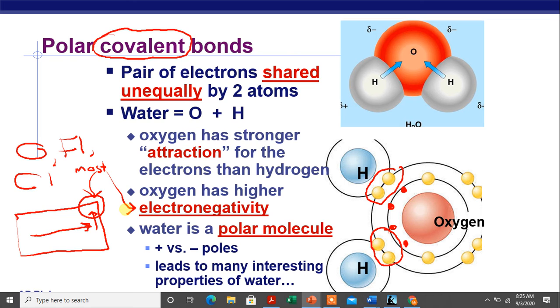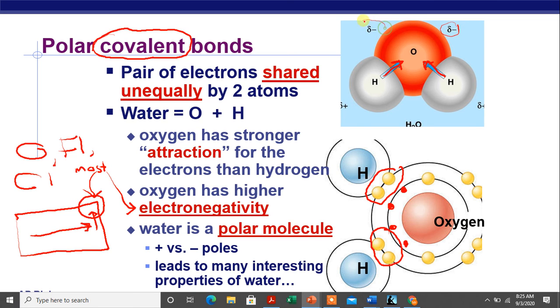All right. Water is what we call a polar molecule. What that means is that because oxygen is more electronegative than either of these hydrogens, the electrons that are being shared between this oxygen and each of these hydrogens are pulled much closer to the oxygen than they are to the hydrogen. If there's more electrons surrounding this oxygen, this end over here that's farther away from the hydrogens will become slightly negative, and that's what these mean.